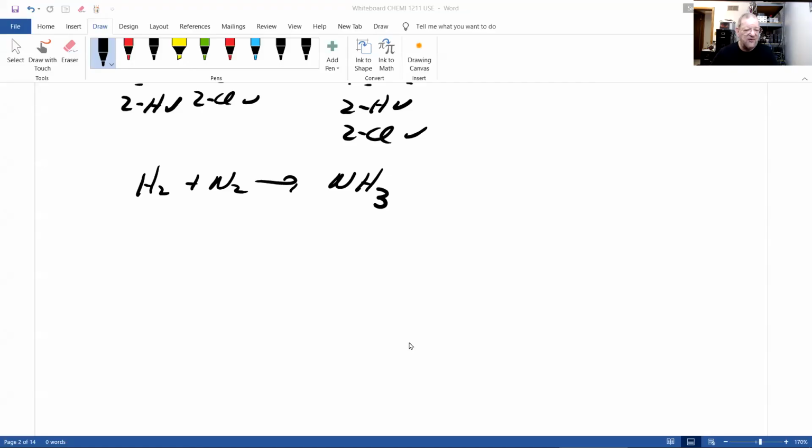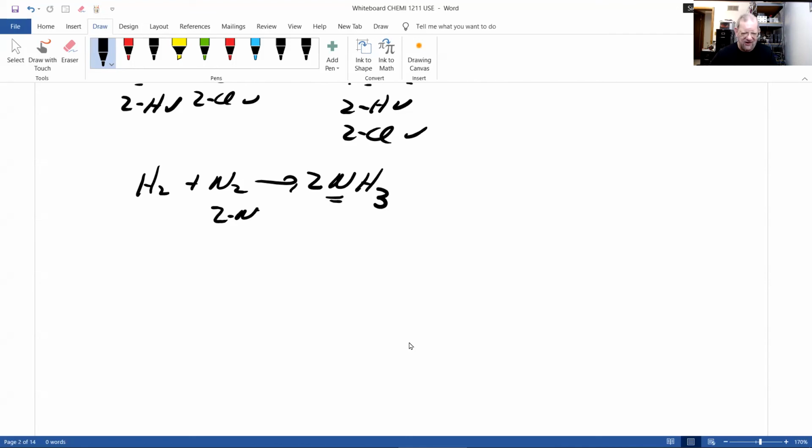And the first, I call them tricks, but they're not tricks. They're just methods that help: leave hydrogen and oxygen for last. Do those last. I'm not sure when I came up with that, but it makes your life a lot easier. In other words, you'll be successful. So let's take a look at this molecule. Notice I have 2 nitrogens here, but only 1 there. How do I get 2?